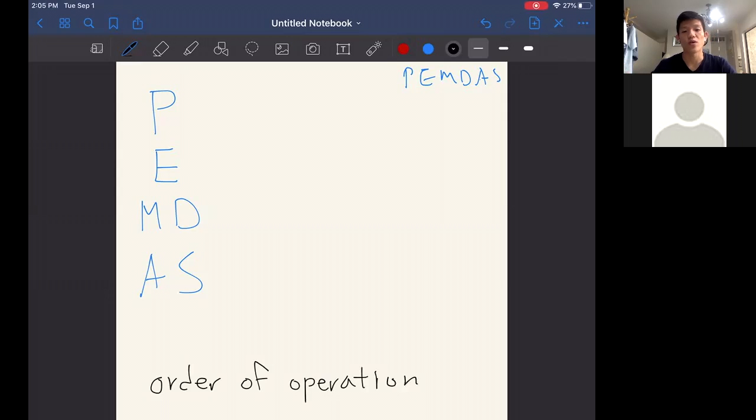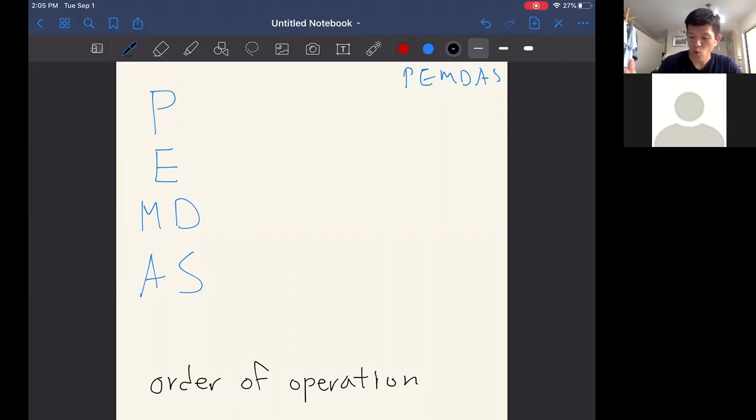We are going to start with something called PEMDAS, which is order of operation. Now, this is very important because when we see an equation or a mathematical expression, PEMDAS tells us exactly in which order we have to complete the expression. If you don't follow the order, then you get a different answer, which is different from the correct answer, right? So